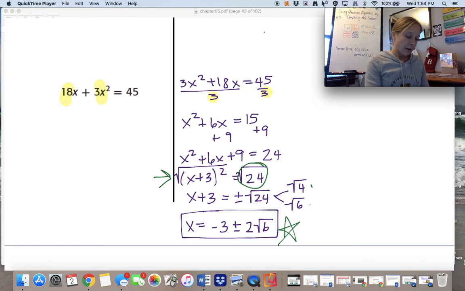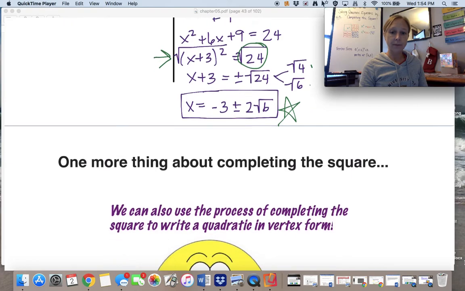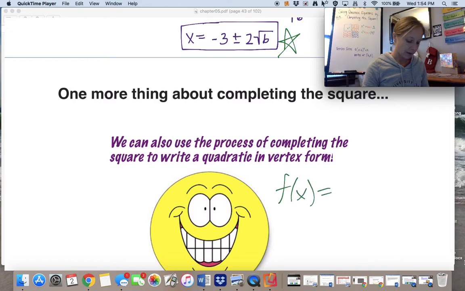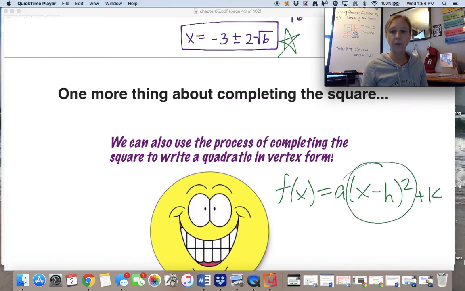Okay. All right, so there's one more way we can use completing the square. And we can use that process to write a function in vertex form. Because remember, our vertex form of a function includes, oops, sorry, I wrote the wrong symbol there, a perfect square trinomial. Look at this. That's a perfect square trinomial. And what completing the square allows us to do is to write those so we can put it in the